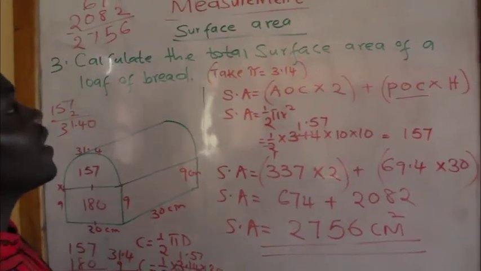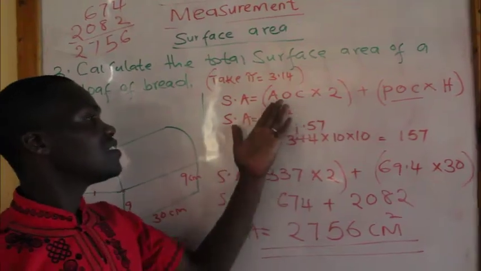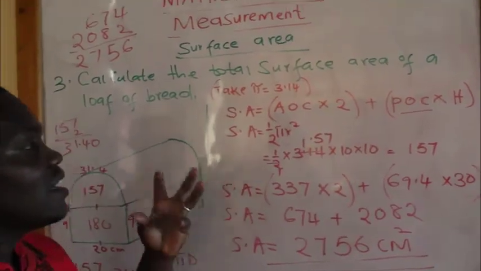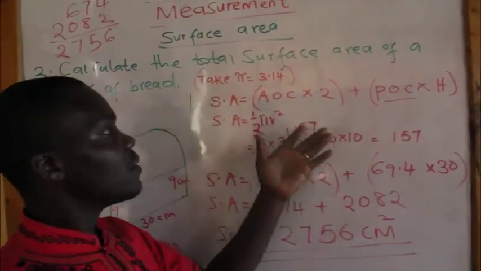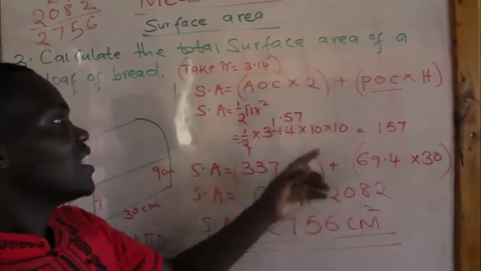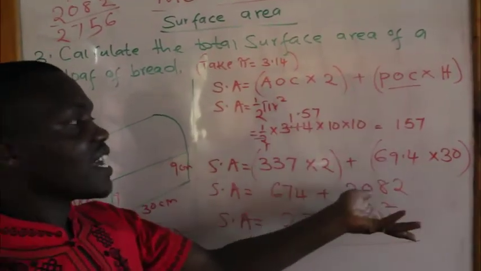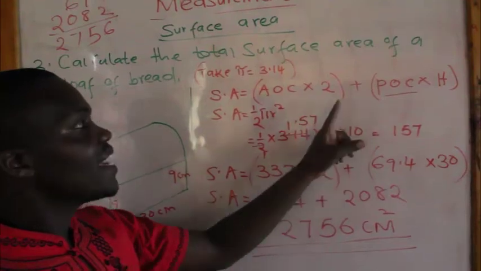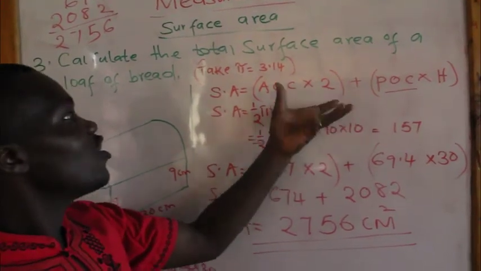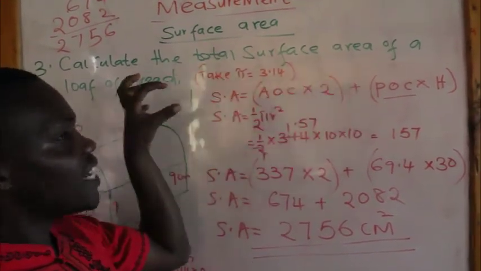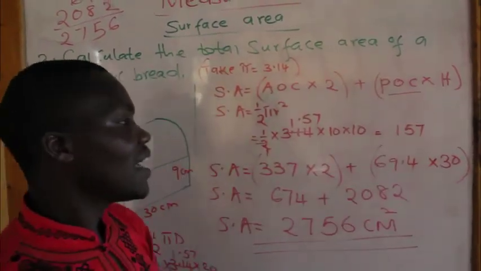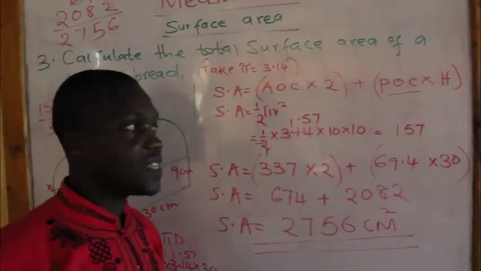So I'll just remind you to keep seeing this formula within. Let it be at your fingertips: height times 2 plus perimeter of cross section times height. You multiply by 2 if the cross sections are 2. If the cross section is 1, ignore the 2. If you don't have a cross section, like a pipe, ignore the cross section. Just apply the formula, and I believe at the end of it, you're going to be successful.